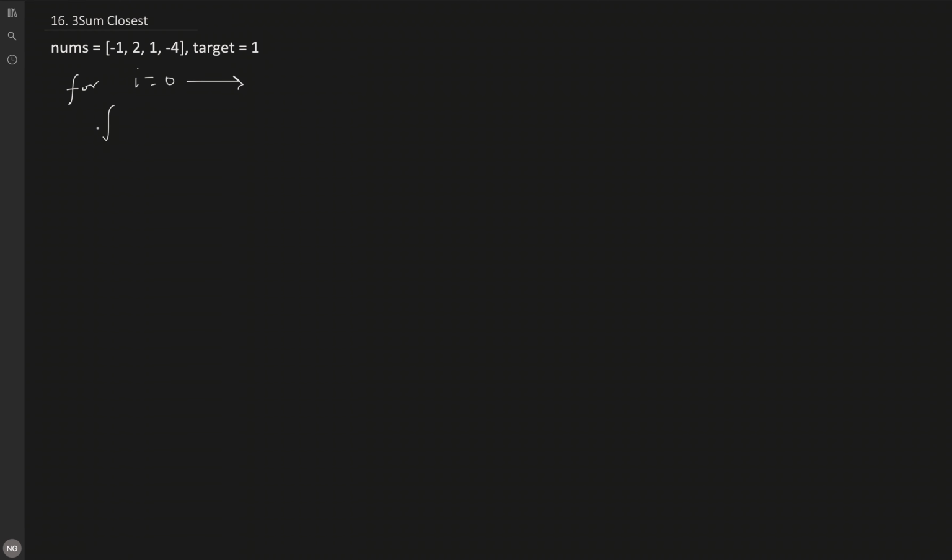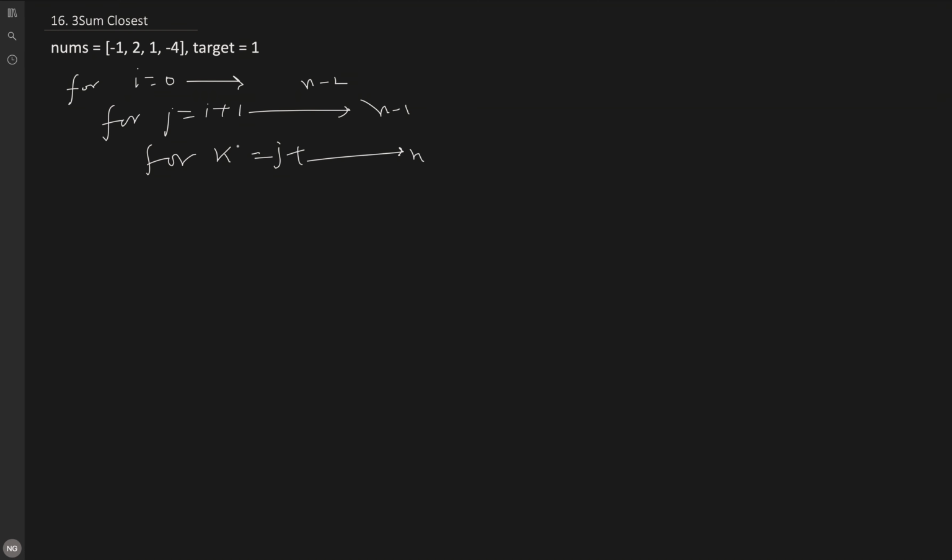The second nested loop, j from i plus 1 up to n minus 1, and the third loop for k from j plus 1 to n. So this will help us generate all the triplets.